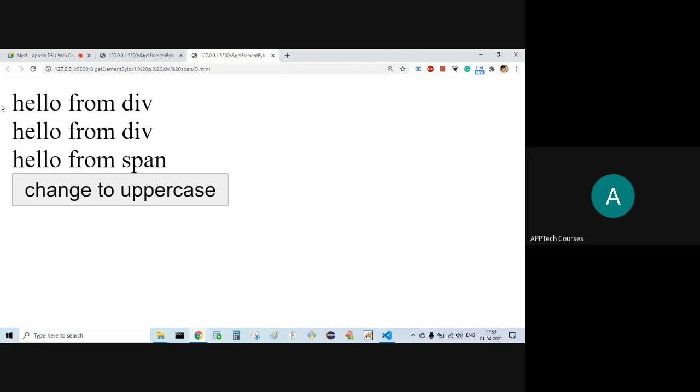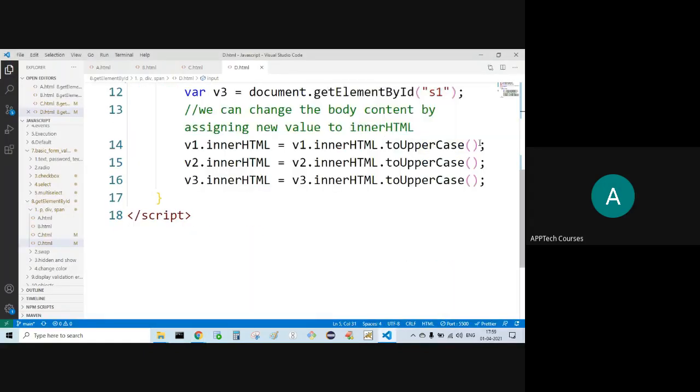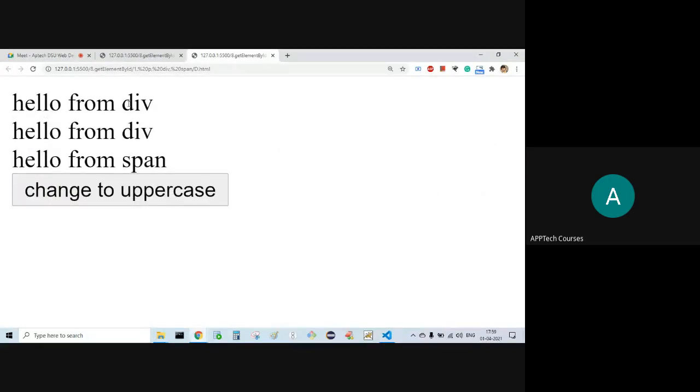Now all are in the smaller case, means lower case, small letters. What I'm trying to do, I'm changing everything into uppercase, using the inbuilt function called toUpperCase. I'm calling the toUpperCase method on v1.innerHTML. Now initially v1.innerHTML is what? All are smaller case. Even if it is uppercase, it will convert to uppercase only. Understood? Even if it is already in uppercase, still it is going to convert to uppercase. Okay.